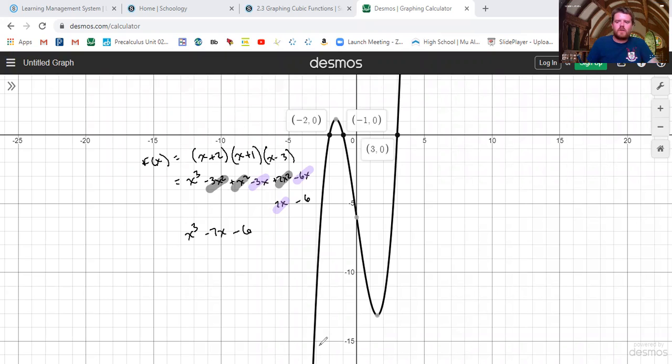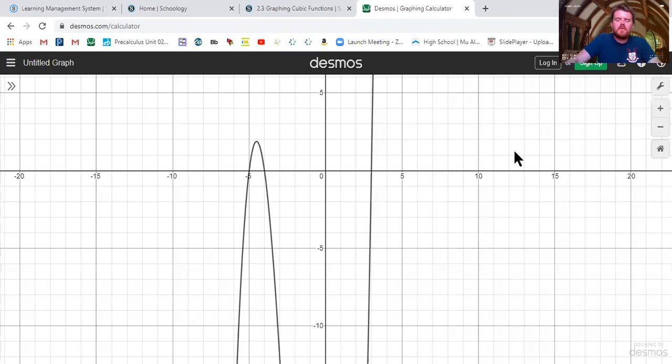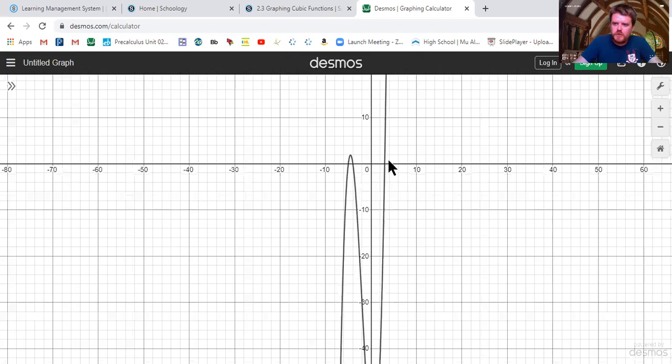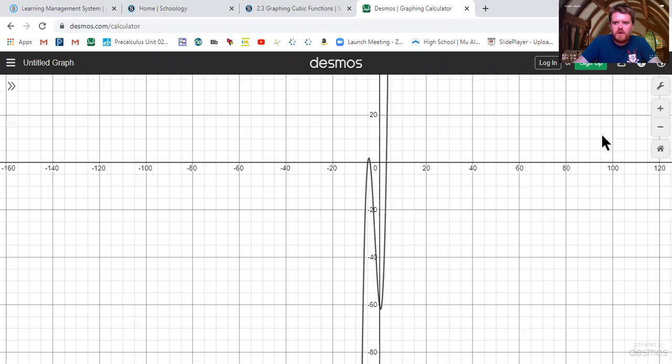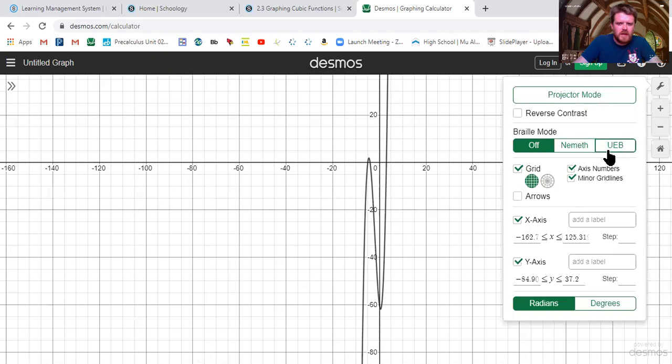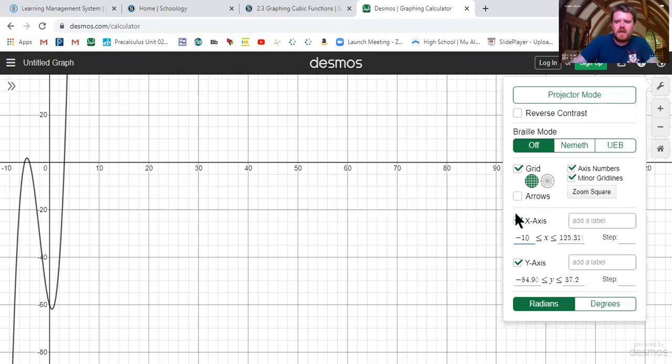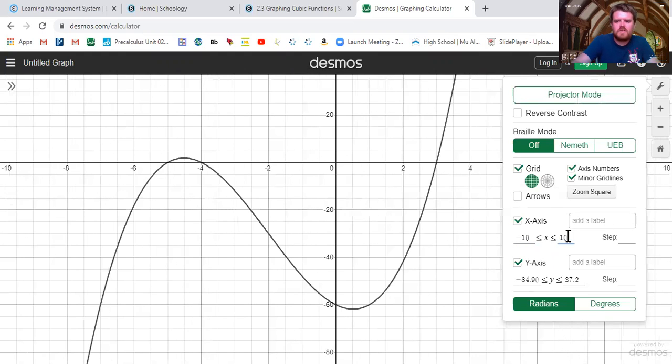Let's look at one more example of this. Here we have another example. If you are using Desmos to graph, sometimes you have to zoom in, zoom out, kind of get an image of the picture. Remember that you can also always go to the settings bar here. And because my domain is so narrow, I could go in here and change the x-axis to be from -10 to +10. And again, this kind of stretches it out in a way that I can identify what I'm looking